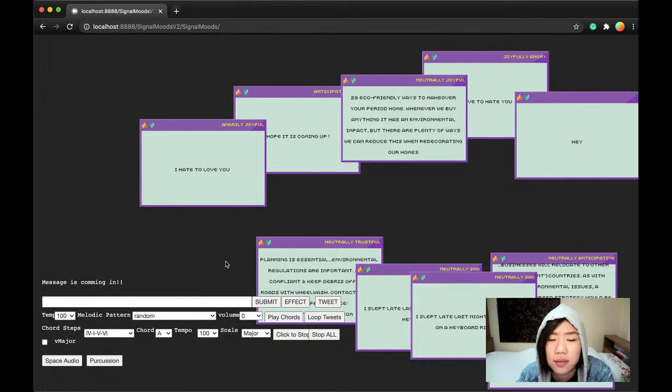This is pretty much what I've been working on, and yeah, I still have some problems figuring out how to separate the audio lines coming in through the Tone.Transport of the library. Sometimes it works, sometimes it doesn't. But I guess that's a challenge. Oh, there's also the space sound that I didn't play.